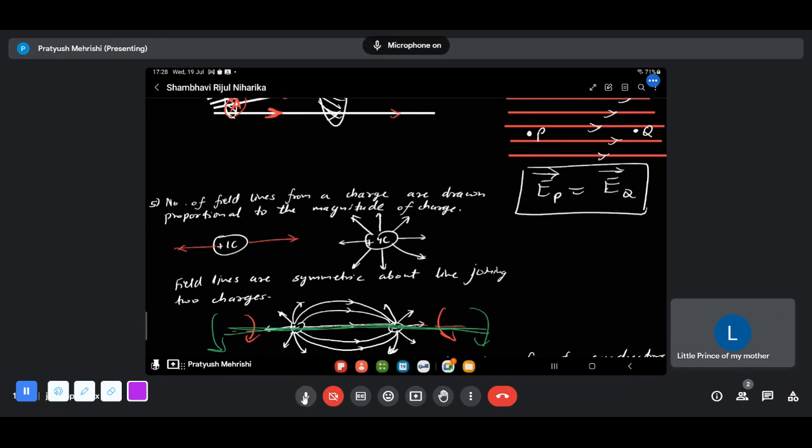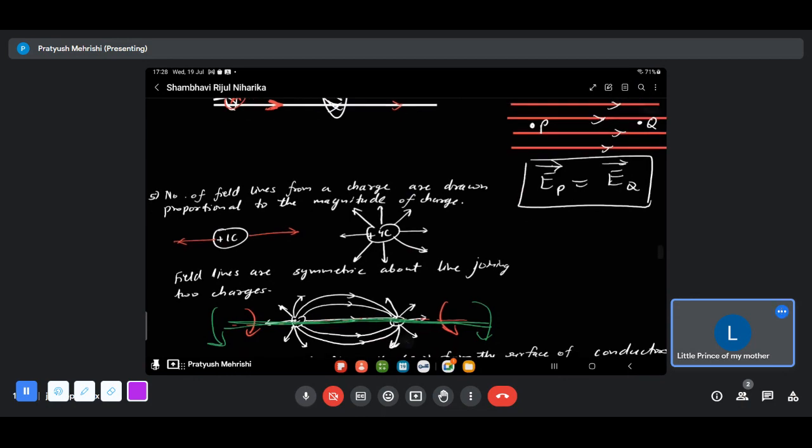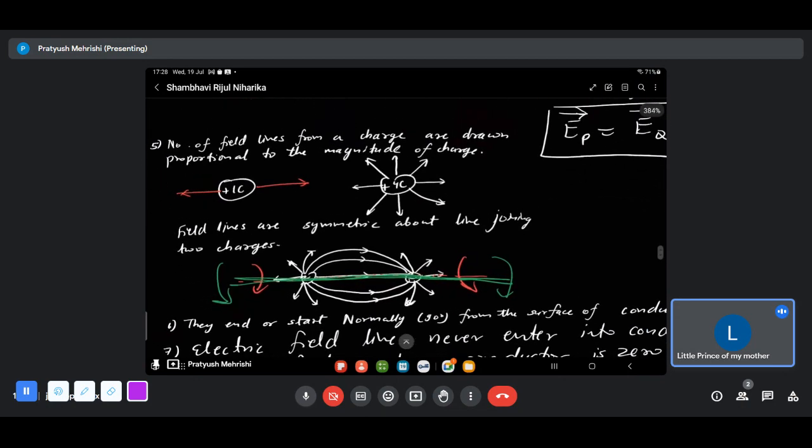Okay. Yes, sir. So if we again take for 1 coulomb 5 lines, then for 4 coulomb we should take 20 lines, sir. Yes. Okay, so for one coulomb we should take only 2 lines always. Field lines are